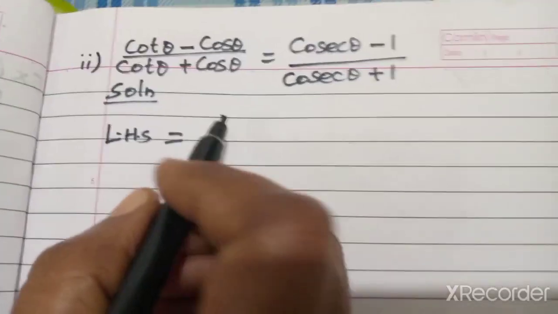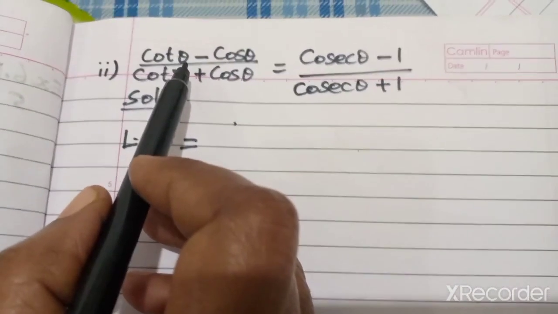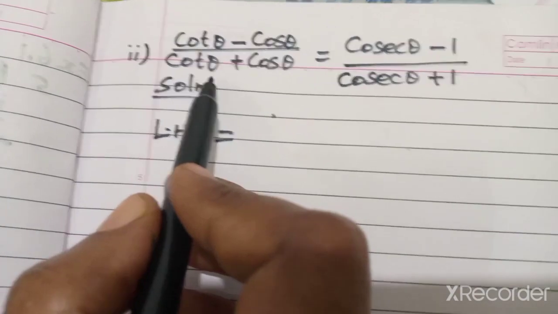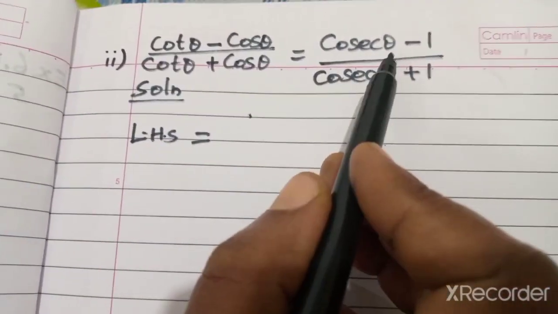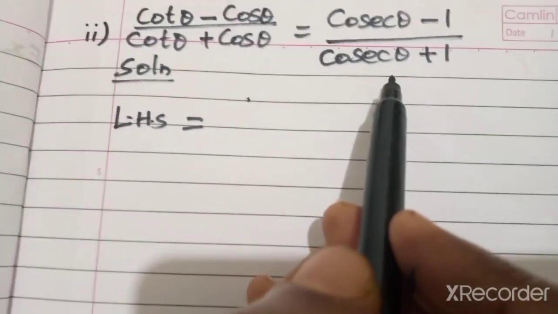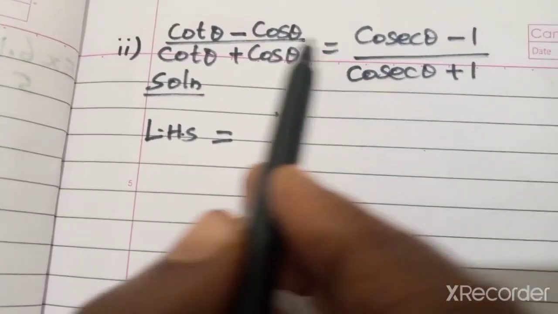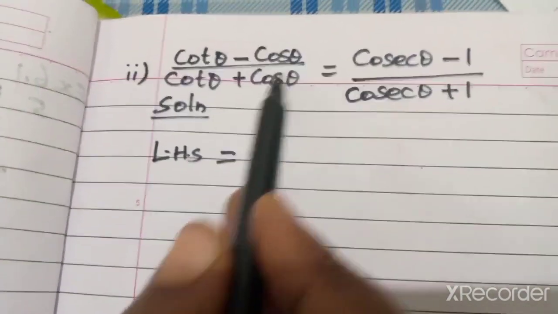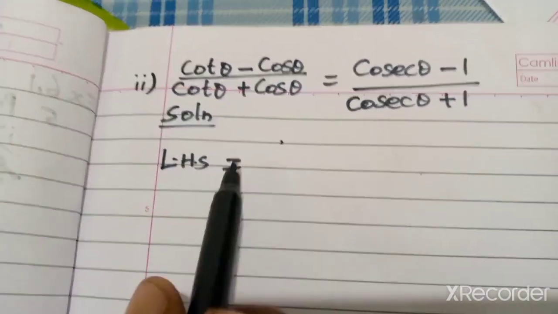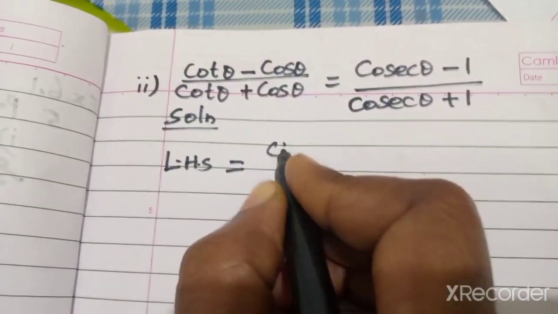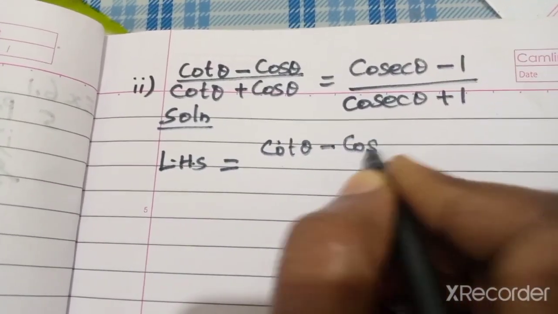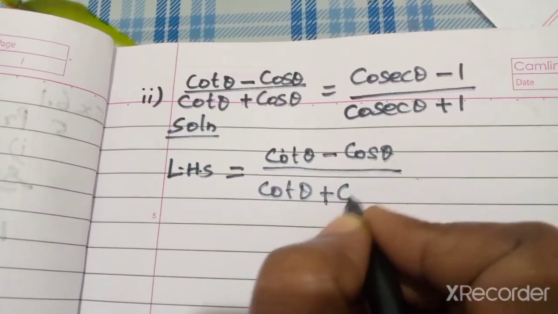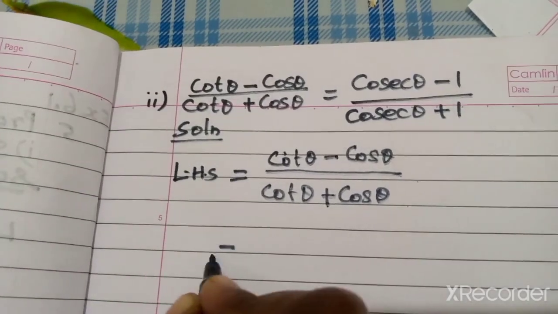Understood, students? Next, let's do the question number 5, second subdivision. Cot theta minus cos theta by cot theta plus cos theta equal to cosecant theta minus 1 by cosecant theta plus 1. Okay. First of all, let us take the LHS. What is the LHS? Cot theta minus cos theta by cot theta plus cos theta. Okay. Let's write the LHS. Cot theta minus cos theta by cot theta plus cos theta, okay, which is equal to,